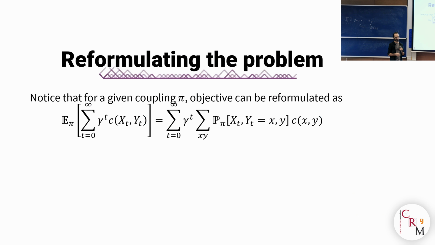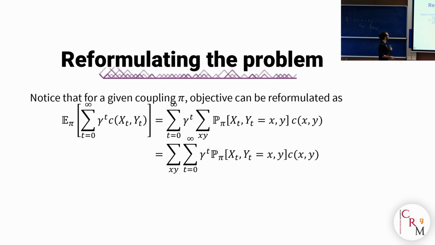And it's based on the following reformulation of the problem. If you think again about the objective that I'm trying to optimize when computing my optimal transport distance, this infinite sum of discounted rewards under a coupling pi, that can be rewritten as this formula. This is really just a definition of the expectation, right? Just each cost weighted by the probability of seeing that state pair at time t. And then, since everything is finite, this is where it's useful. I can just simply swap the sums without saying any magical words like Fubini's theorem.